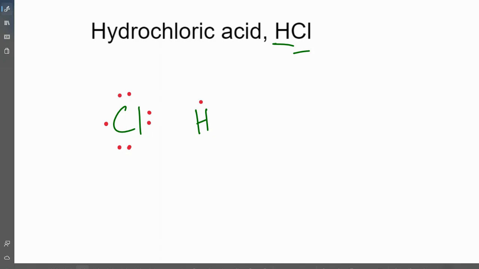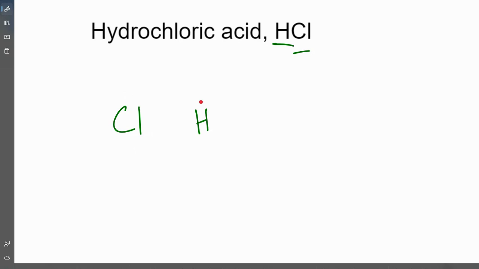Oh, but here's an interesting thing. Chlorine has got 1 lonely electron. Hydrogen has got 1 lonely electron. Well, what do you think they're going to do? They will pair up with each other. But here's how we can see this maybe more easily, because what I'll do here is for chlorine, instead of having this lonely electron really far away from the hydrogen, I'm going to take these electrons on the chlorine and I'm going to just respace them out